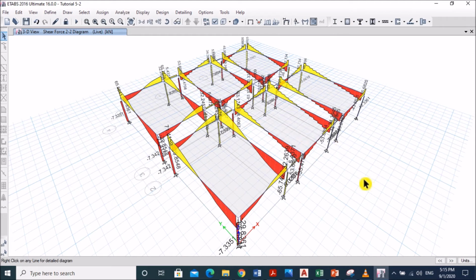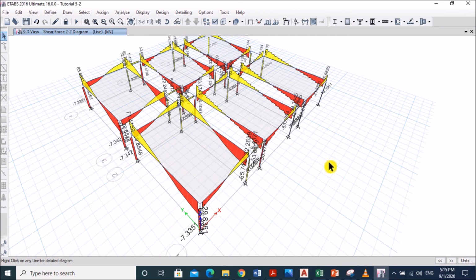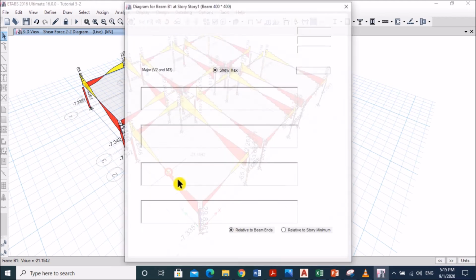Then what will be the shear force in the beam element due to the application of the live load? We are going to check, right? First, this is the long direction of the slab. So click here, right? Click here.